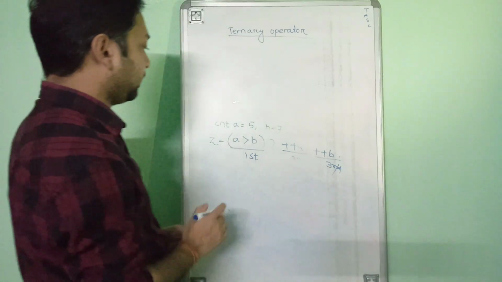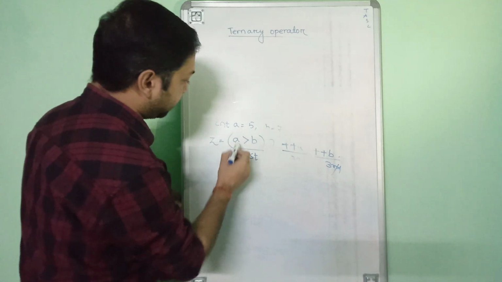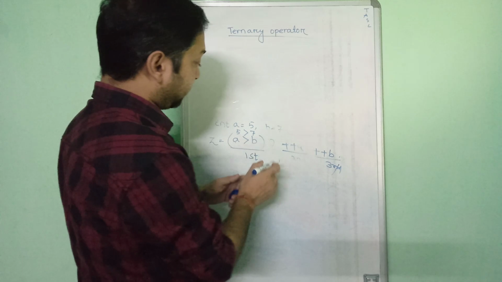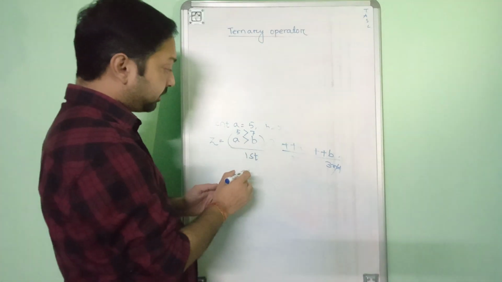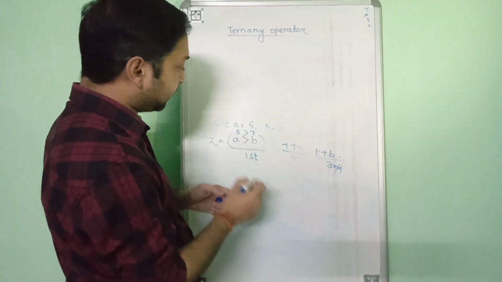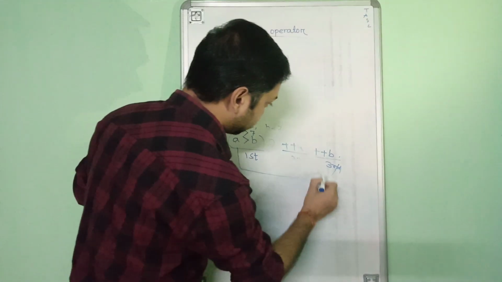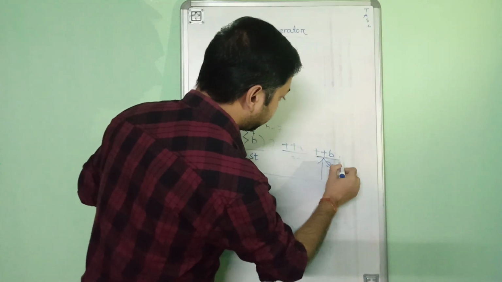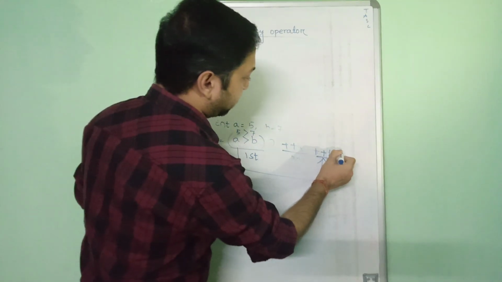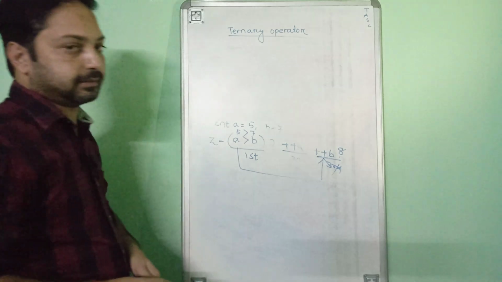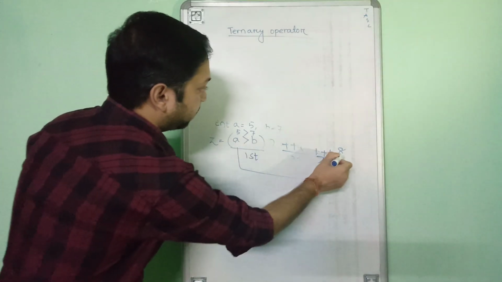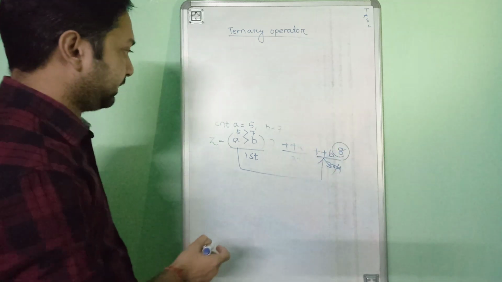Okay. So now see, first this part needs to be evaluated, that is 5 greater than 7. Is this true or false? This is false. 5 is not greater than 7. So in such cases, expression 3 will work. Expression 3 is ++b. As this is pre-increment, the value will be directly incremented, and the output will be 8. Okay. So let us change this condition.